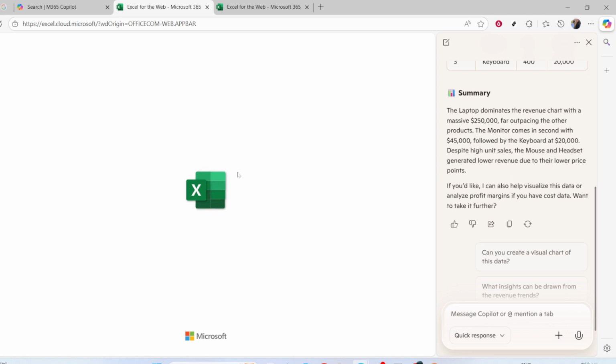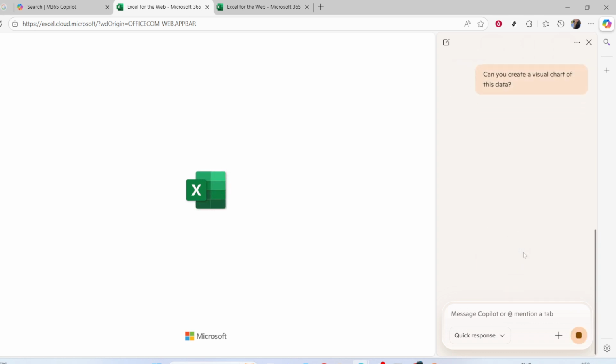This feature is remarkable in that it lets you instantly analyze data, create pivot summaries, and visualize results without needing to manually construct complex formulas or spend hours crunching numbers. The Excel Copilot is truly a powerful tool, enabling you to unlock data-driven insights with minimal effort. And that's it. By following these steps, you can take full advantage of Excel's powerful data analysis capabilities, allowing for a more productive and efficient